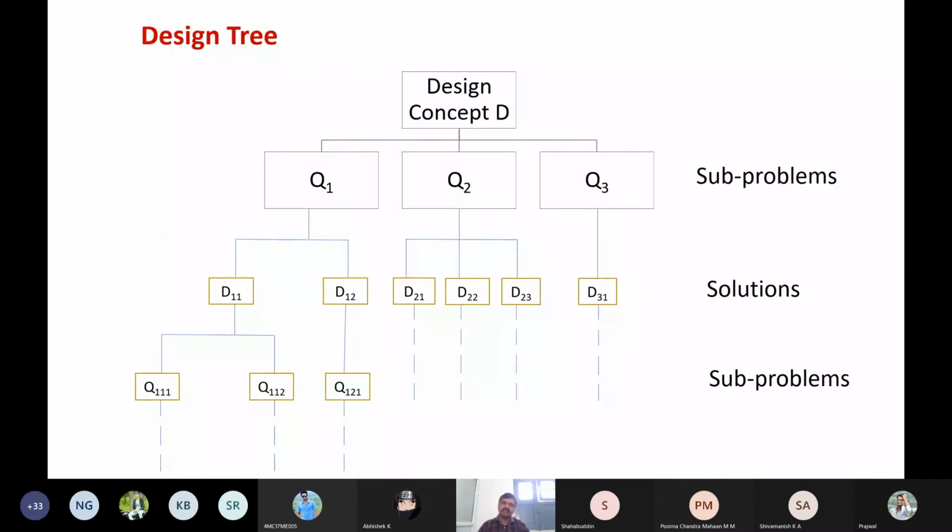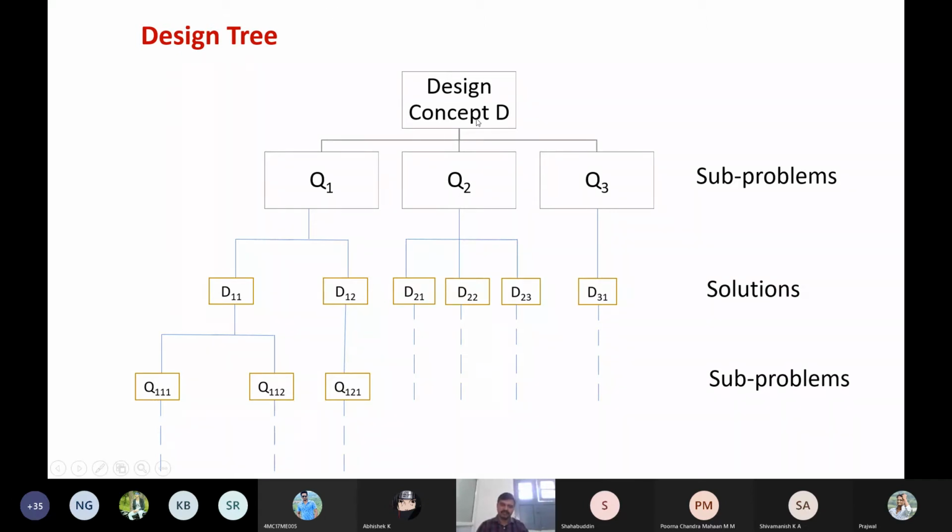Okay, next, design tree. We have to solve a few numericals related to design tree. That means in order to do estimation related to physical realizability, how much confidence a designer can have by having a mathematical calculation. So you have to calculate physical realizability of a design concept based on your understanding of the design problem. For that you are going to make use of design tree concept.